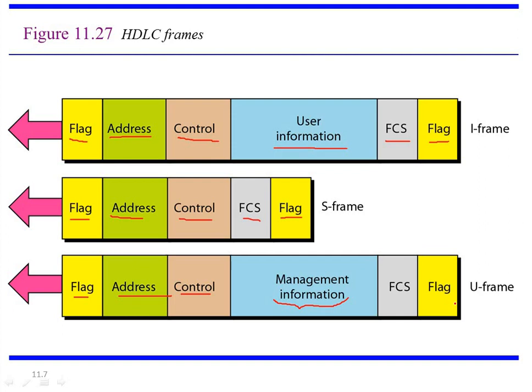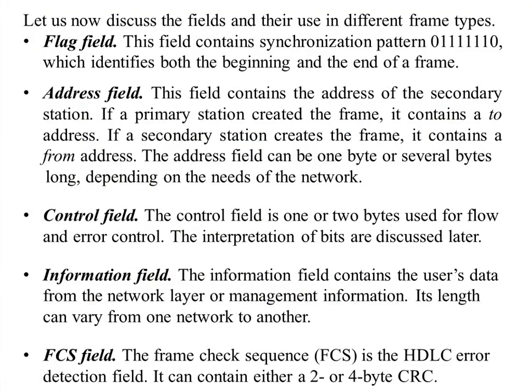Discuss the various SDLC frames. So let us discuss what the flag and the various fields related to these frames mean. The flag consists of the synchronization pattern, because you need to understand which is the beginning and which is the end of the frame. We have already discussed in framing that the flag consists of these 8 bits: 0, six 1s and 0. So 0, six 1s and 0 indicates the beginning and the end of the frame.